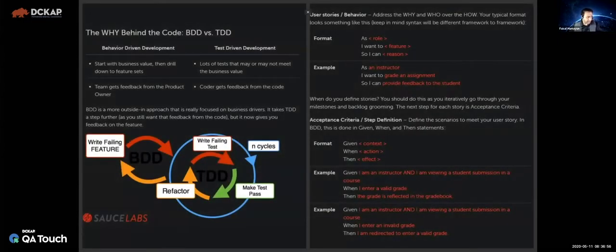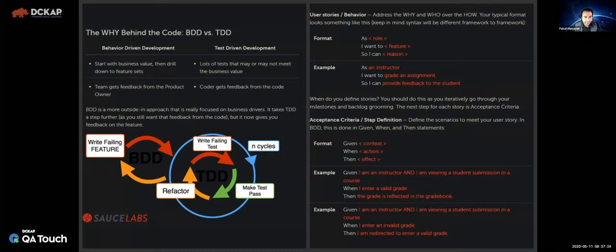Now, about BDD, from my recollections, it's behavior driven development. I personally would have preferred if we called it behavior driven testing. In the same way, I prefer to say STLC, for software test lifecycle, as opposed to software development lifecycle. That's just a little bias from a tester's perspective. But yeah, that ship has sailed, and it's basically known to the industry as BDD, and it has its